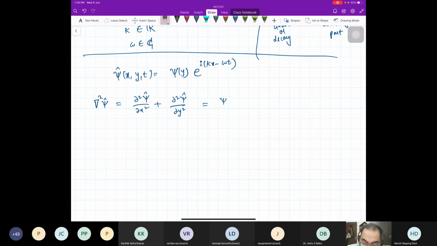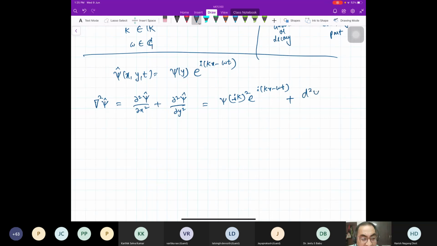Psi is a function of y, so it will not appear in the first term. If I take the derivative of the exponential twice, I have (ik) whole squared e to the power i(kx minus omega t). That's the first term. The second term: the exponential is not a function of y, so the derivative of y acts only on psi,